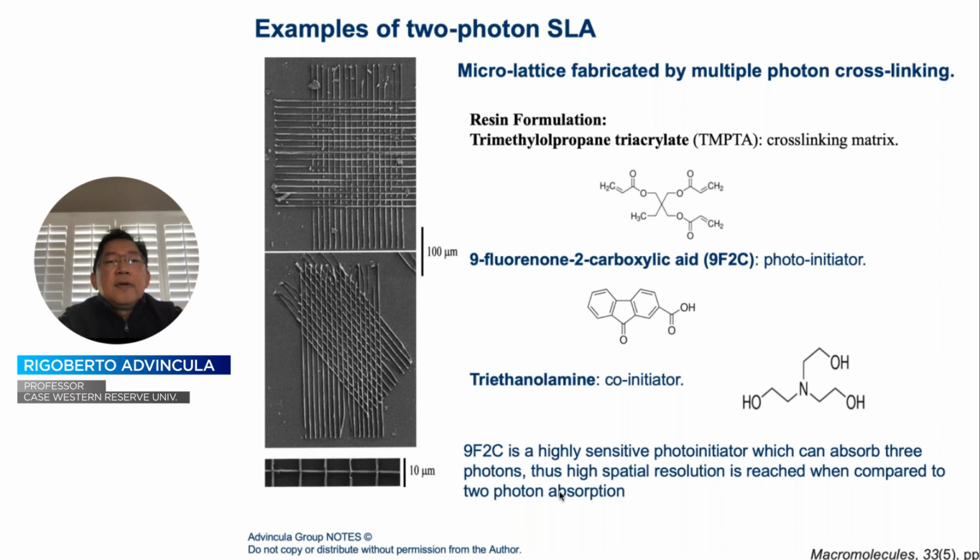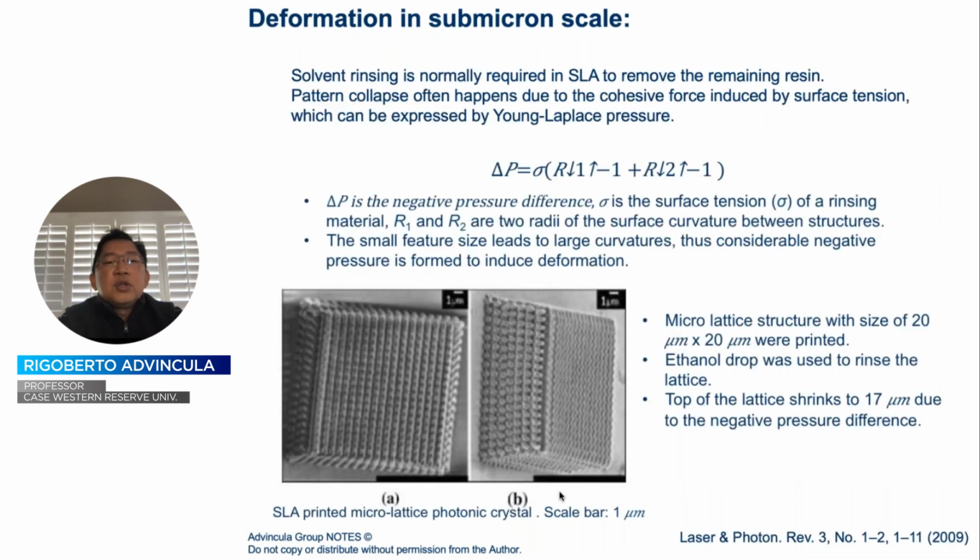So here are examples of lattice two-photon SLA, very simple. One can pay attention to the lines that are generated, typically anywhere from a few microns to less than a micron. And one can see here, let's say, this chemistry based on a fluorenone carboxylic acid photoinitiator and a TMPTA crosslinker and a co-initiator as well. So if you carry out this photopolymerization three-dimensionally, one can see that this lattice structure can be extended, let's say, to this level,